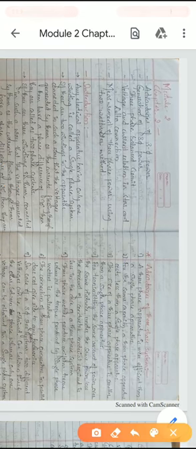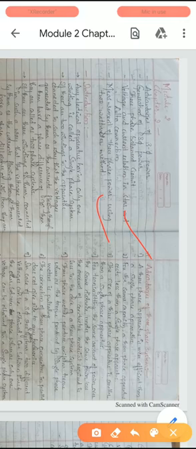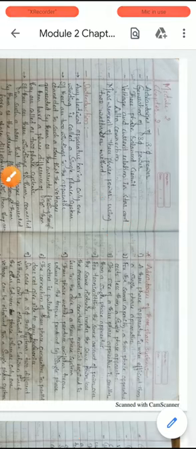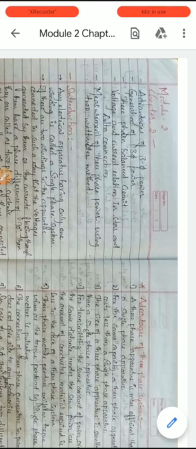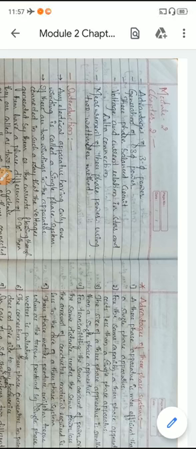One is the voltage and current relation in star and delta, and the other is measurement of three-phase power using two wattmeters. So in order to understand these two, this chapter is very important. Therefore, we will start with this now, and later we will move on to the fifth module. In the second chapter of the second module, as per the syllabus, you need to study the advantages of three-phase power, how we generate three-phase power, the three-phase balanced circuit, voltage and current relations in star and delta connection, and measurement of three-phase power using the two wattmeter method.